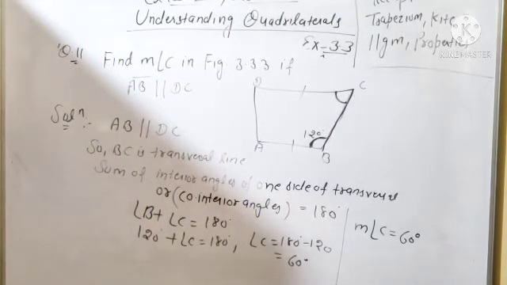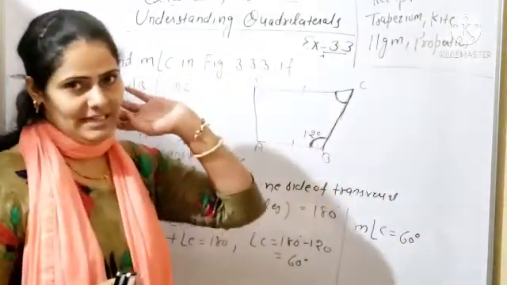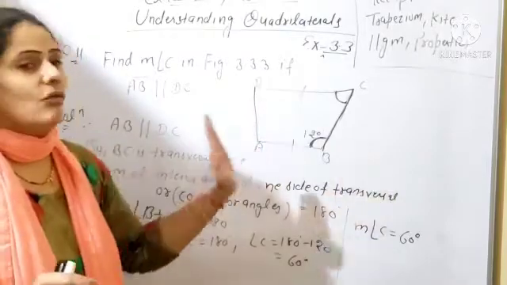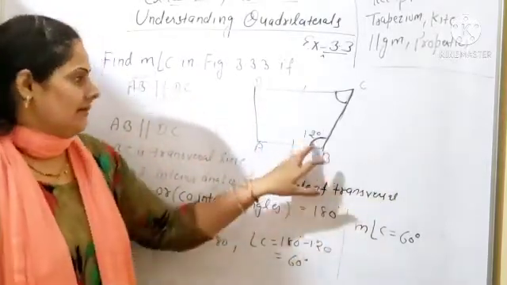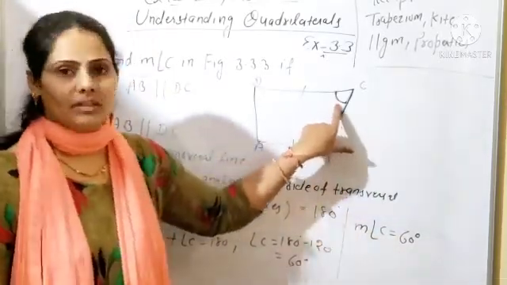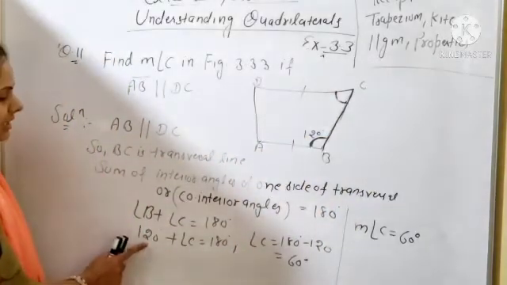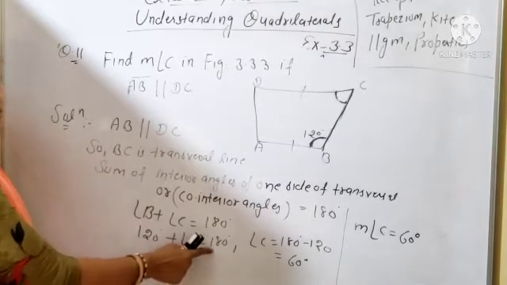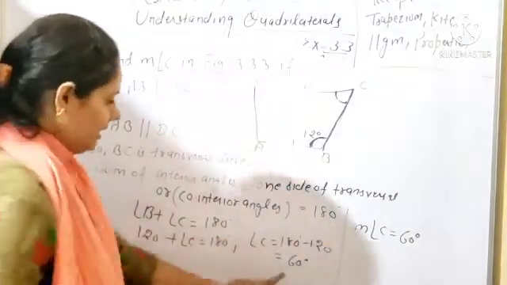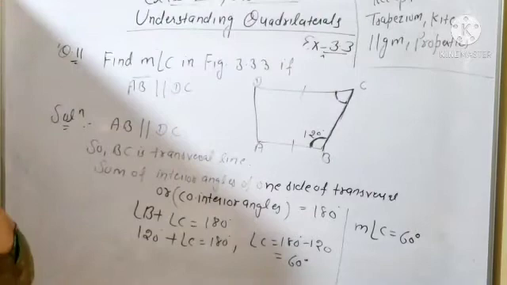So simply same property you will follow here. What is the property? When any two sides are parallel and one transversal line is being cut by these two parallel lines, so you can say sum of interior angle of one side of the transversal or co-interior angle will be always equal to 180 degree. So here angle B and C both are co-interior angles. So sum will be equal to 180 degree. Angle B is already given in the question. It is 120 degree. Plus C is equal to 180. So C will be 180 minus 120. It will be 60 degree. So what will be the measure of angle C? So you can say it will be 60 degree. Clear? It will be equal to 60 degree.